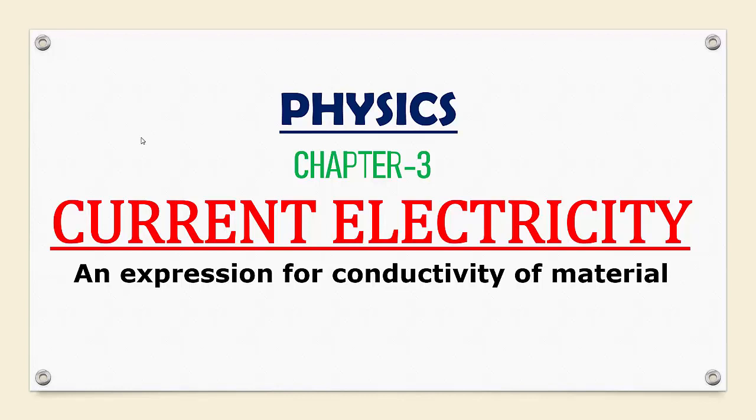What is conductivity, resistivity, what are conductors and what are resistors, that we studied in detail in current electricity part 5 video lecture. Conductivity is denoted by the symbol sigma. Conductivity is reciprocal of resistivity. Is it clear? Now we can derive an expression for conductivity of material of the conductor.